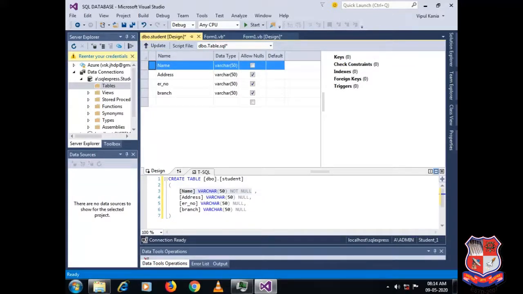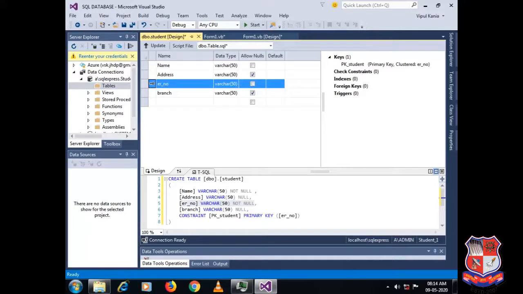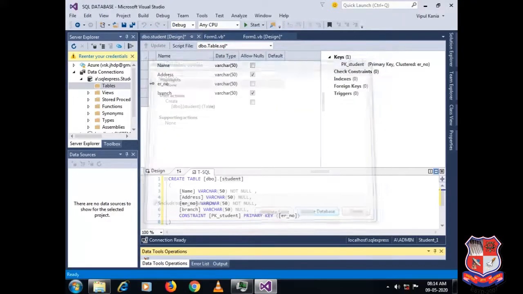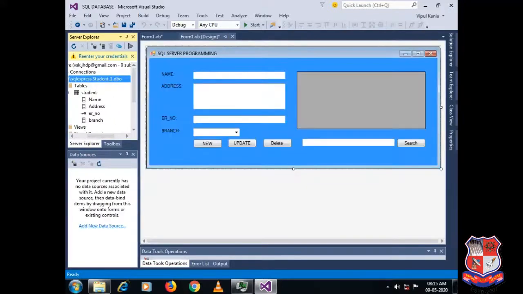As you can see, I have created a table from here in which I will provide enrollment number as my primary key. You can provide the name of the table over here. See, I have provided the name of my table as student. After doing all these things, you need to click on update. So it will store the table structure in your student_1 database. Okay. That's it. Now refresh this node, and you can see the student table has been created for us, right? So now we'll close it and start programming.